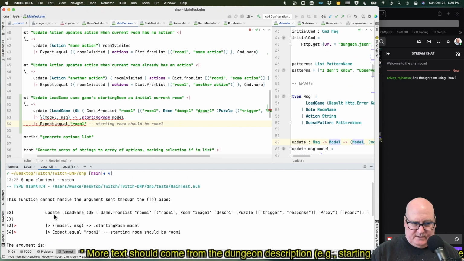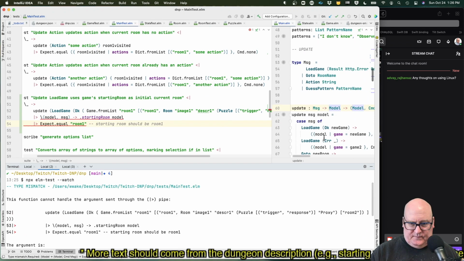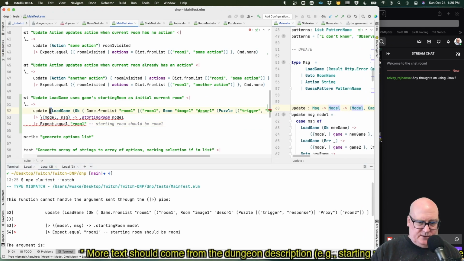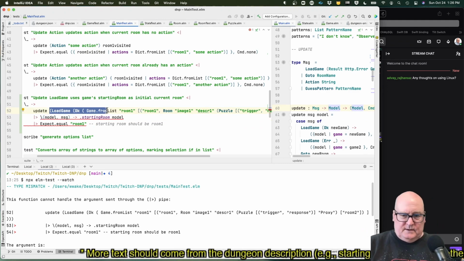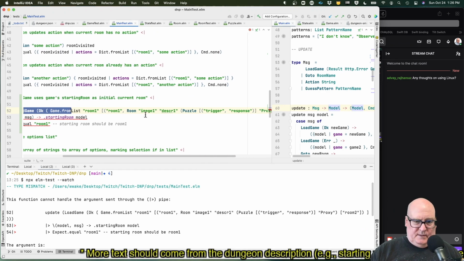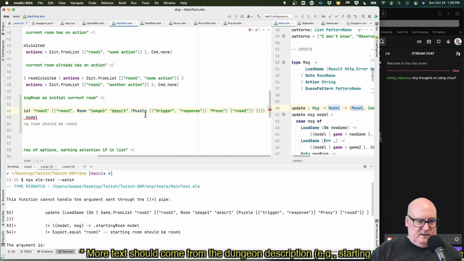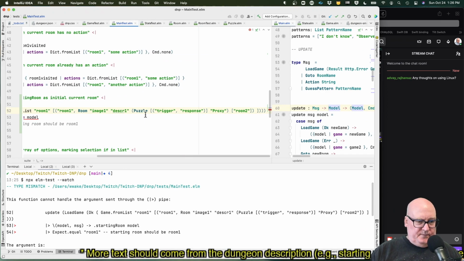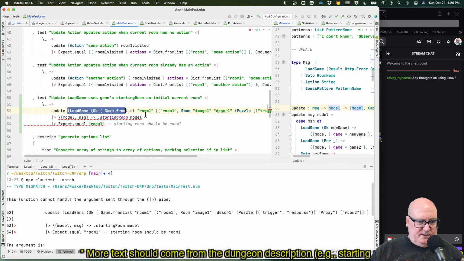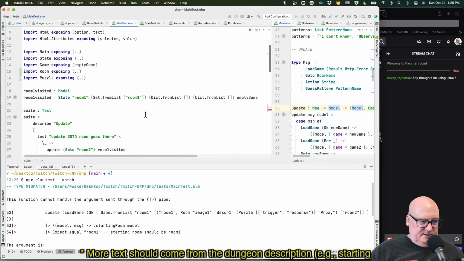I thought the result of update would be a model with a message. What's the message? Load game. Okay, new game. And a model. My goodness, have we not given it a model?